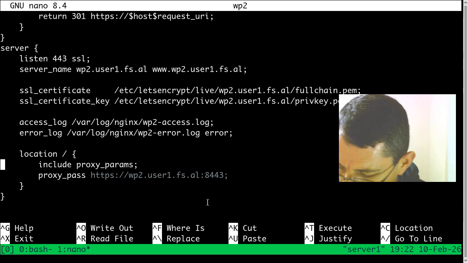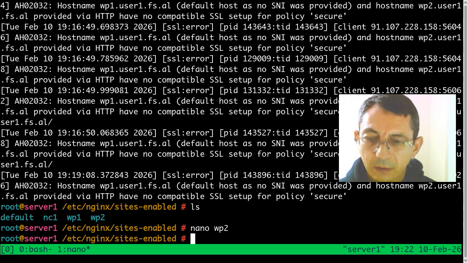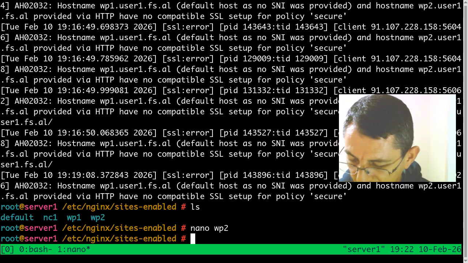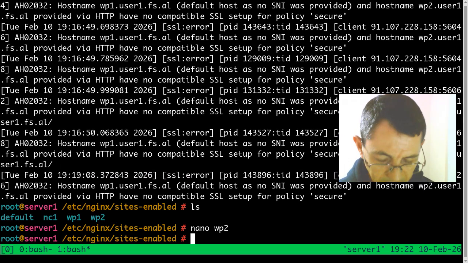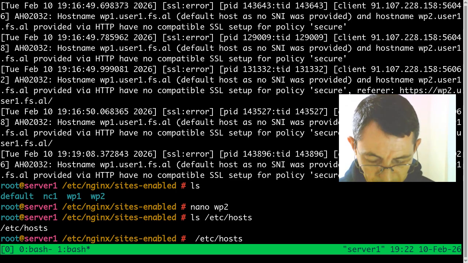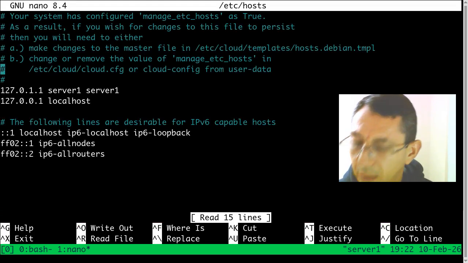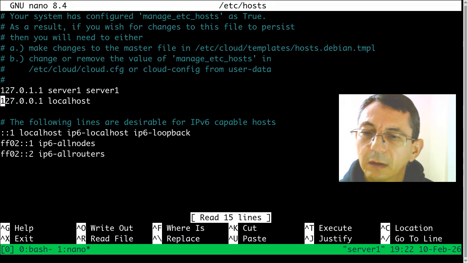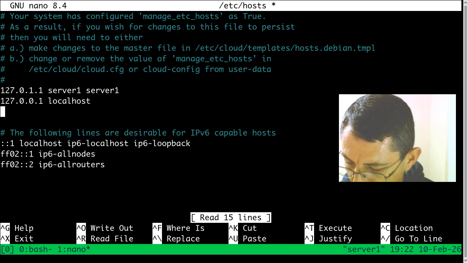I have in the notes here some instruction to modify /etc/hosts, but I don't think it is related to that one. But let's try it as well. So I can add here these lines